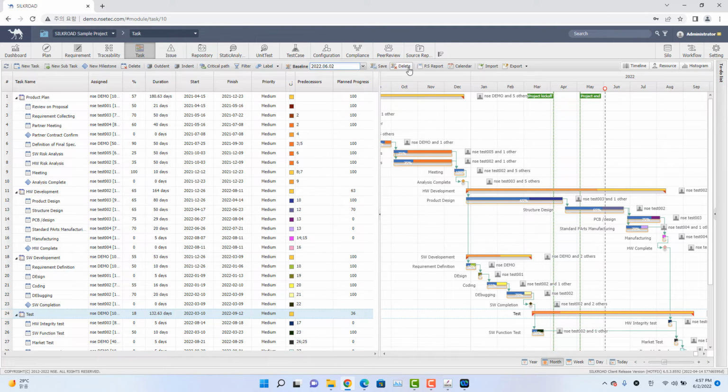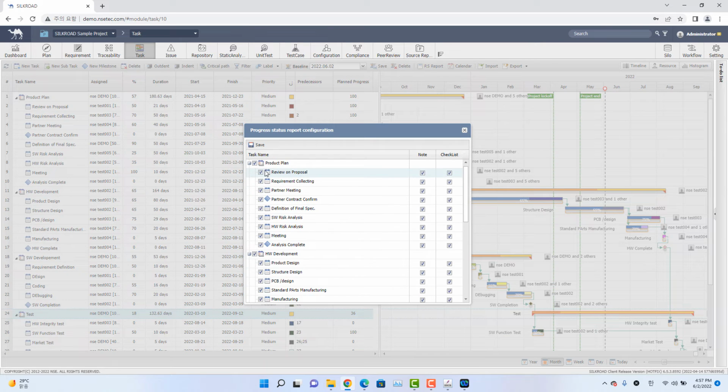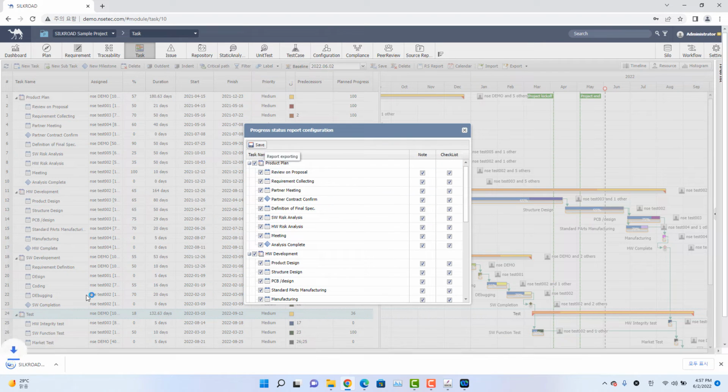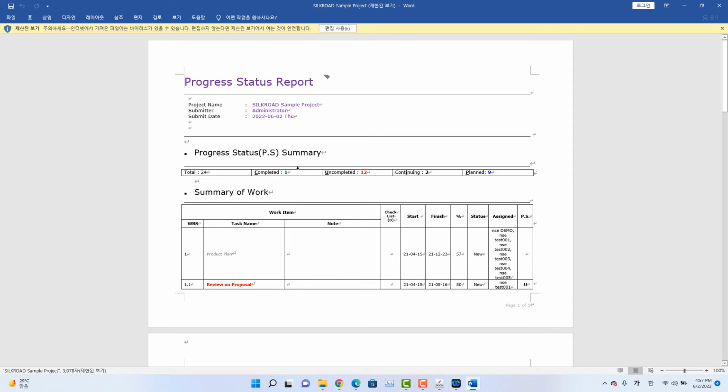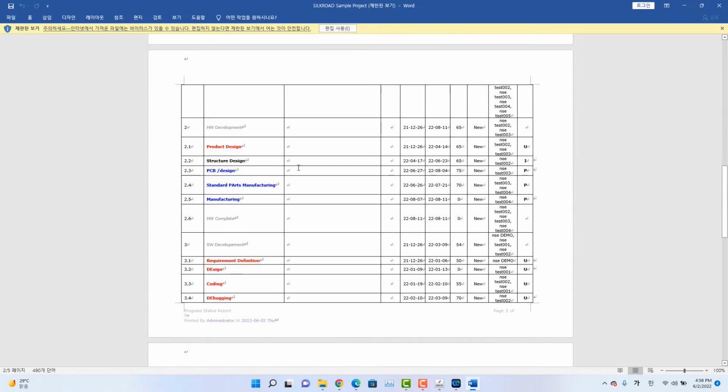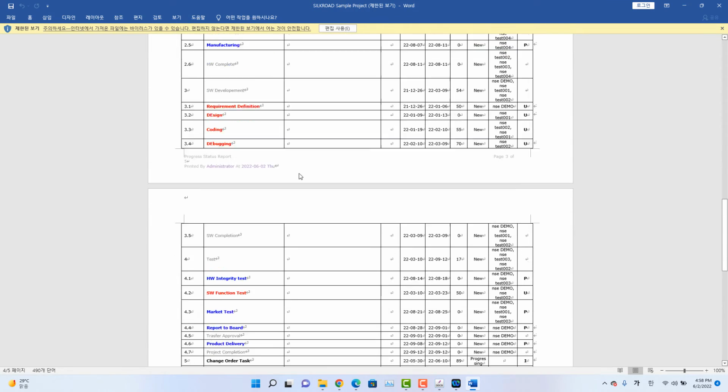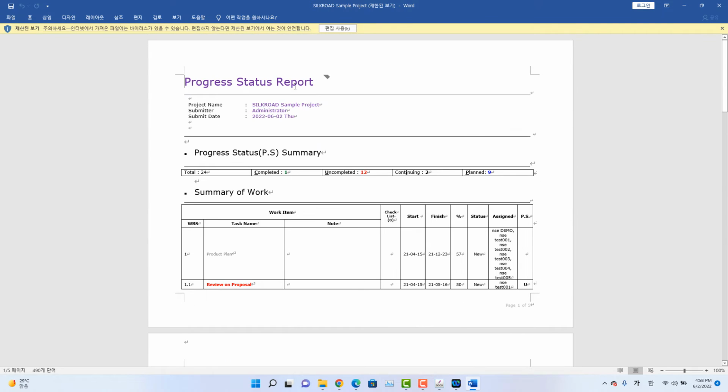And if you click the delete button from the right side while you are choosing one from the list, then this baseline will be erased from the list. And if you click the PS report, then the progress status report will be generated according to the tasks that you have created, and it is going to be provided in a Word format, so the managers can have a macro view on the current status